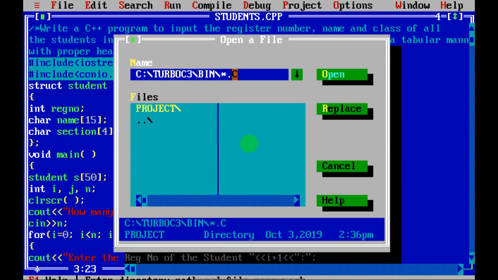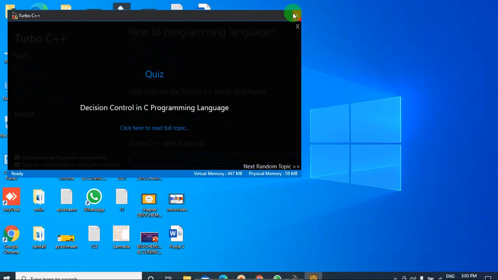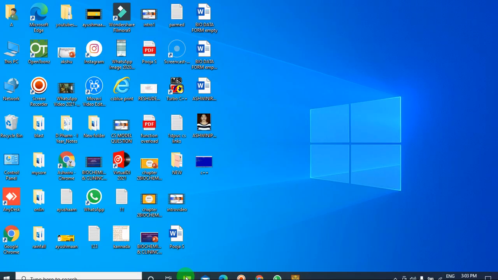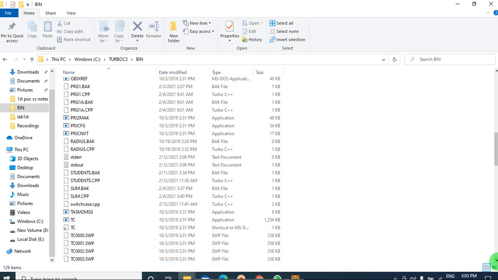So let me see which program it is. Okay, let me see which program it is. I'll just go to my file and see the program name.